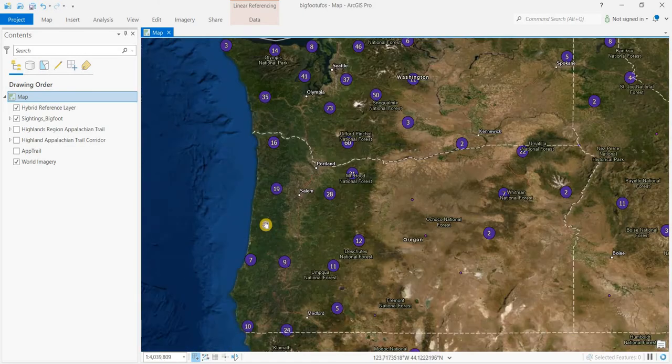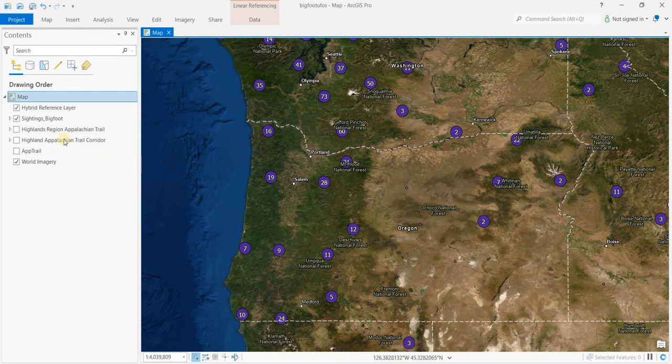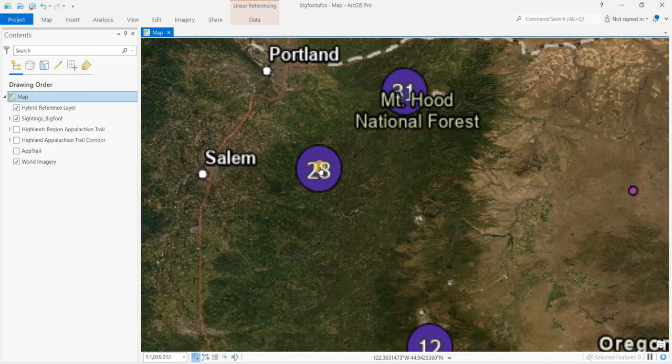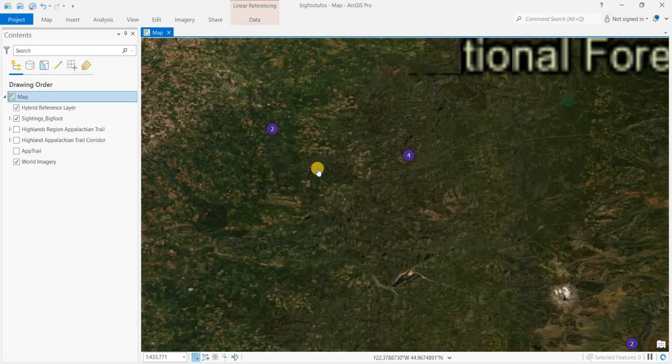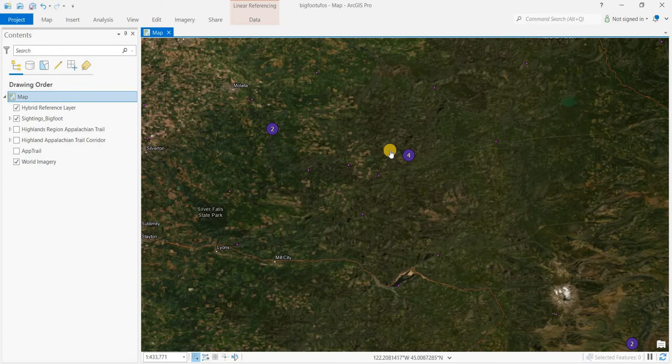In the previous video I made a cluster of the Bigfoot sightings, which are in blue. What we're looking at over here is a cluster of 19, 28, 12, and so on. So we'll focus in on these clusters. Some of the clusters might go beyond the state boundary into Washington State. But we'll start off right here. We've got a cluster of 28. As we zoom in, that cluster will break up